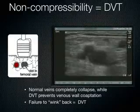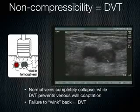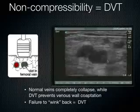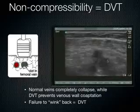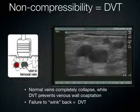Now, this is what it looks like when you do have a clot. Here we are compressing. These are the arteries. Here's the vein. We're compressing. There's no compression there because there's a clot there. Now, once you identify a clot, you don't want to keep compressing it. You want to just capture this, again, on a video format, I think is best,